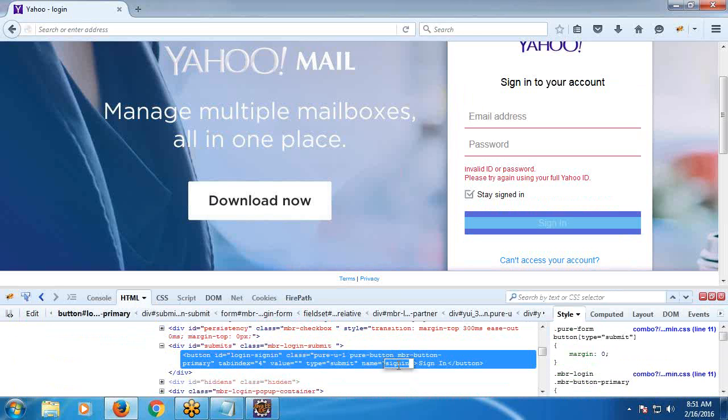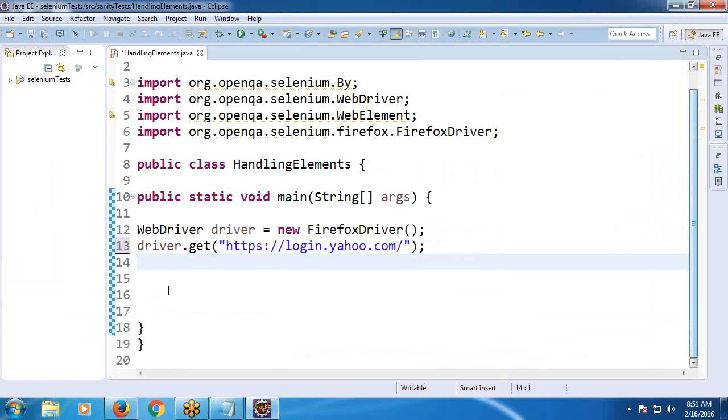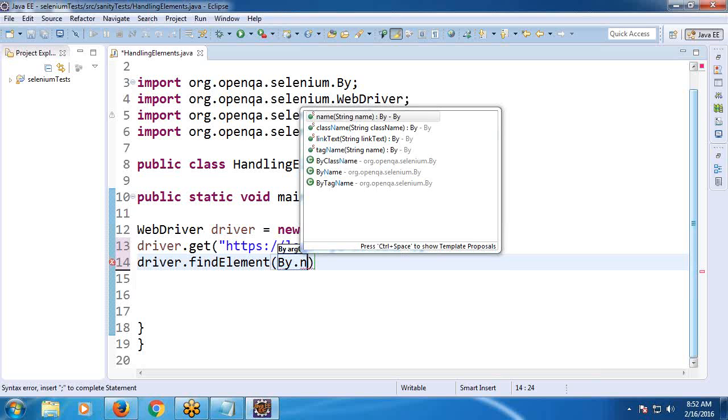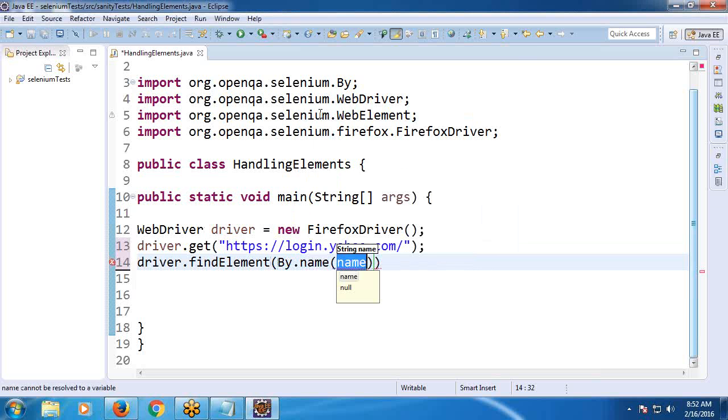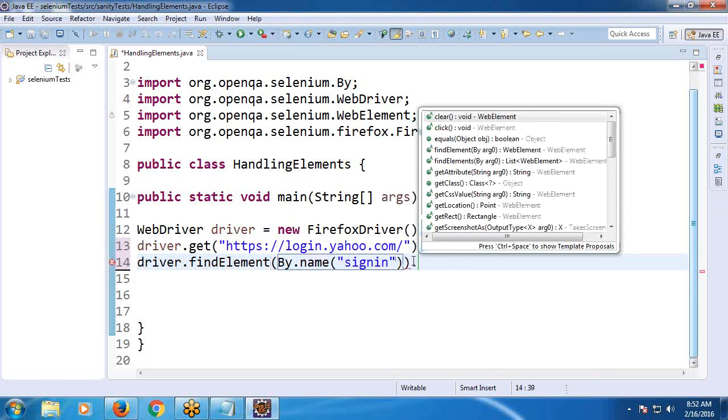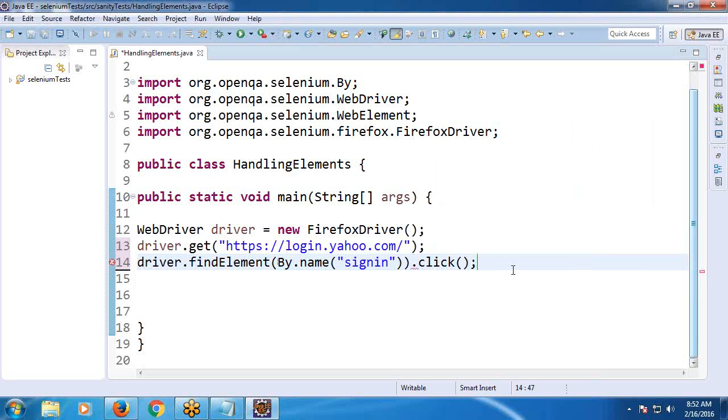You can use name or ID. Name is sign in. Driver dot find element by dot name, sign in, dot click operation. Click. Next capture string error message equals to